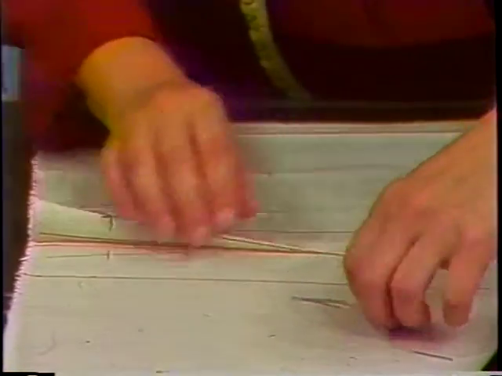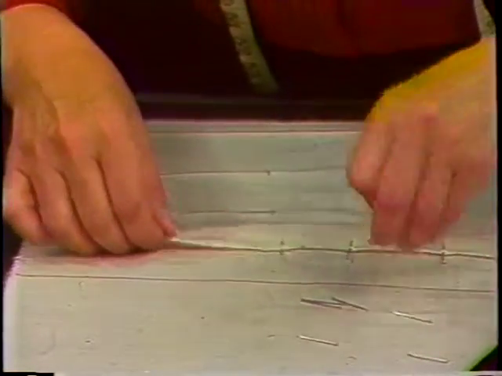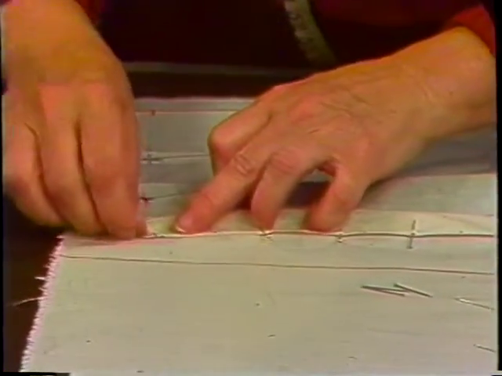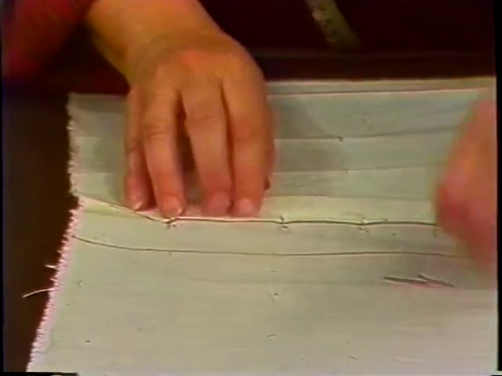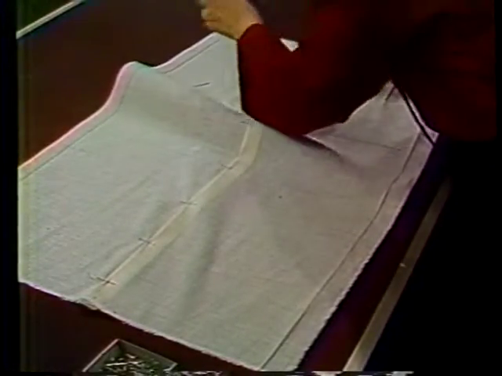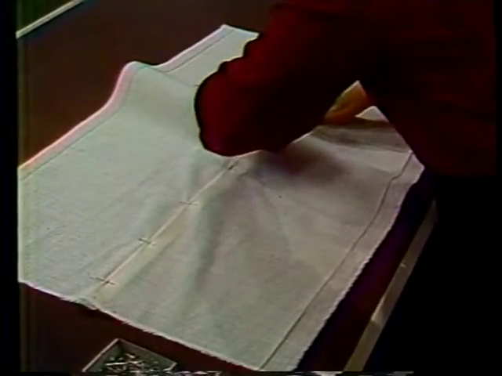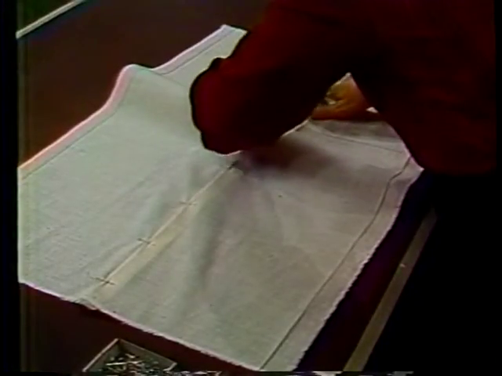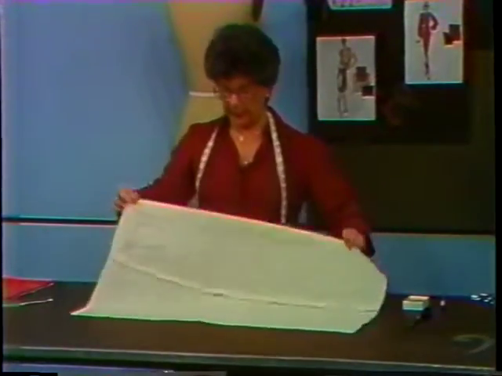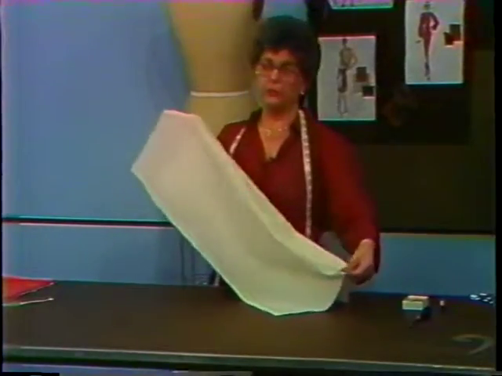In the curve area of upper hip, the pinning may be closer for better control. Once having pinned the back to the front at the side seam, we are now ready to continue draping,